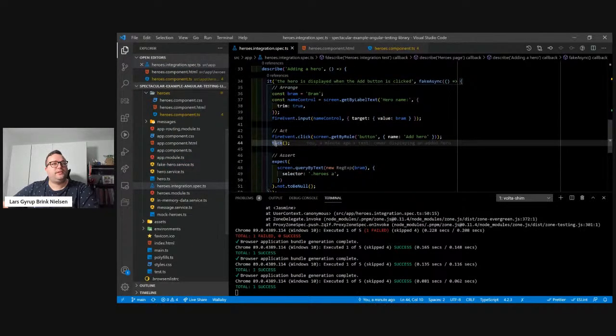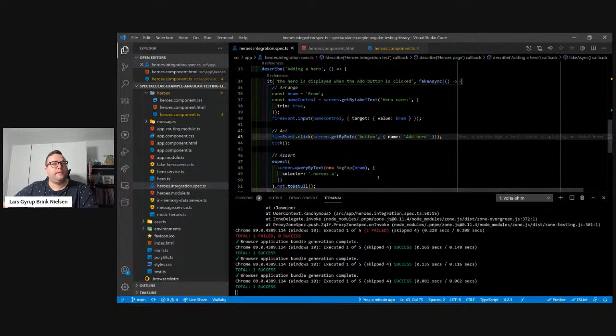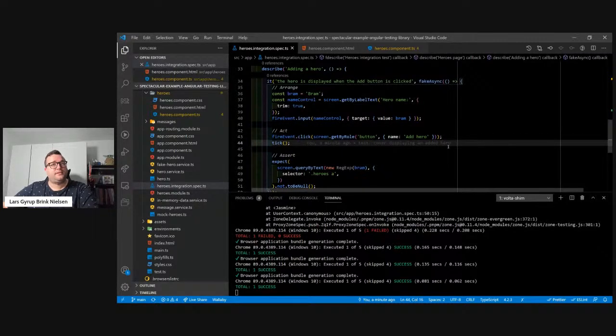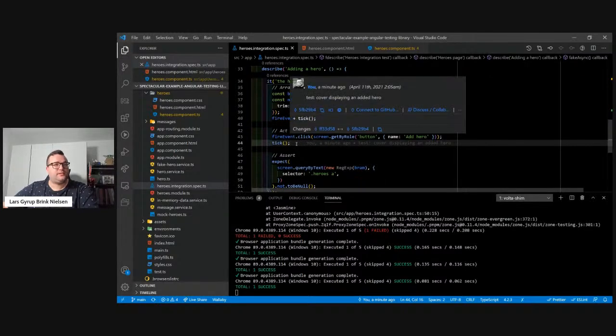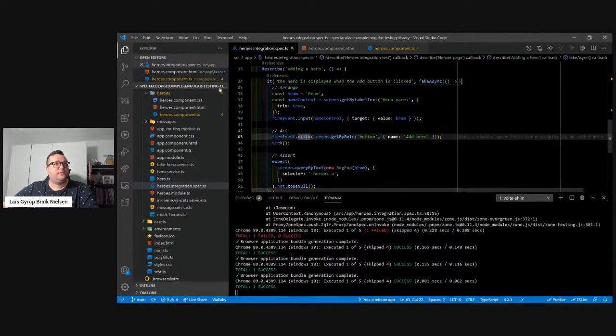So that's the reason we need tick and fake async, because a lot of the things going on in Angular, like the event listeners and the event handlers and so on, a lot of that is async, but event emitters and subscriptions to event emitters, that's actually synchronous by default. But here, once we click that add button,